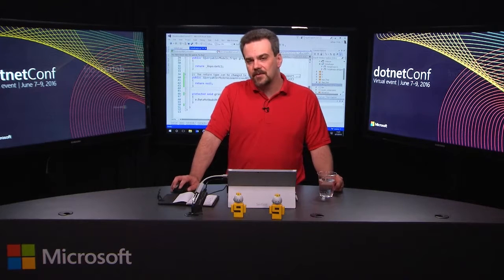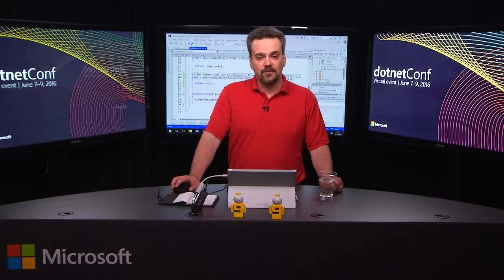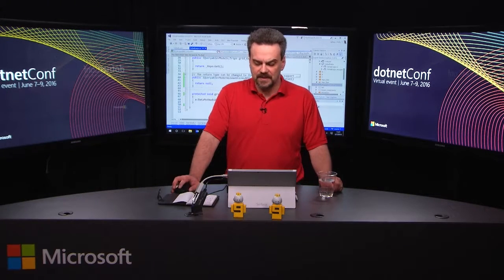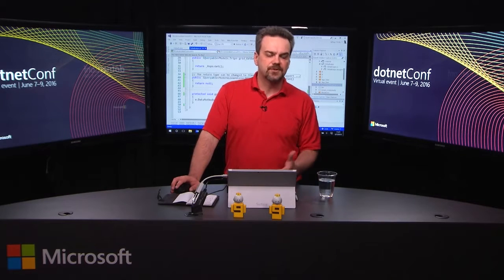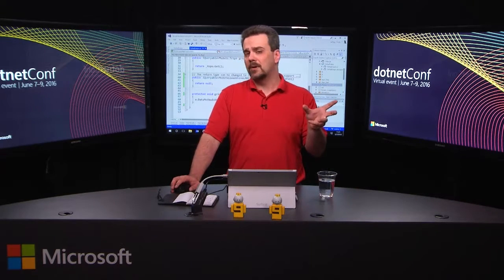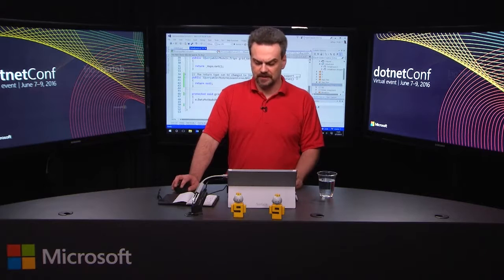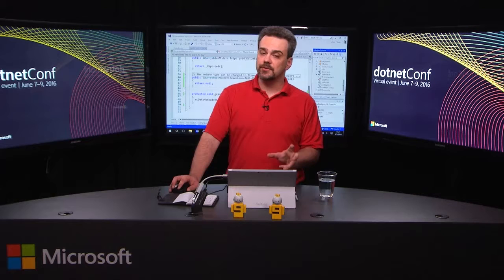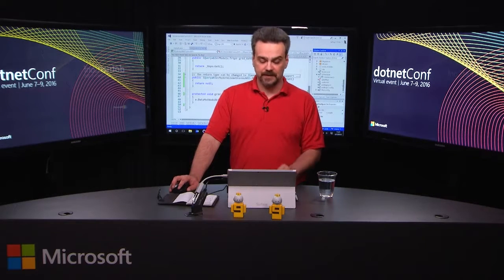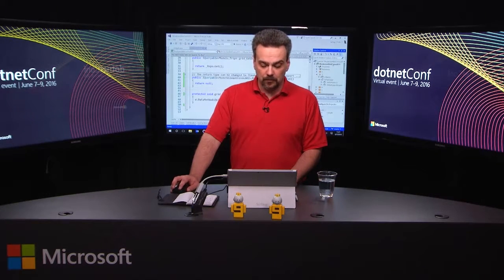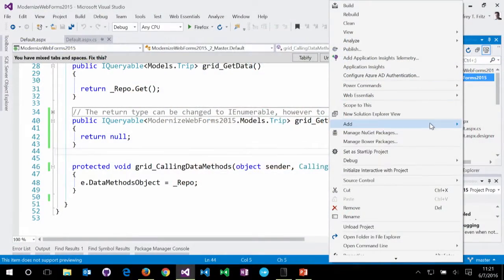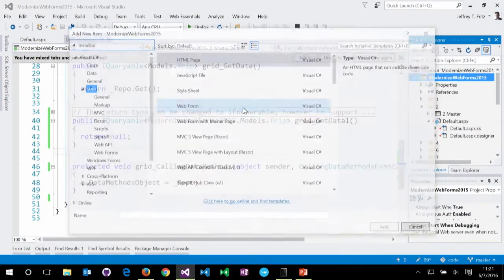Now, Bower is another package manager that's available out there for JavaScript, CSS, and font and other static components that will bring features down from an endpoint out there at bower.io. This is a website that our friends at Twitter put together, and they've since donated it as an open source project. And you can start to use these features with your web projects, and Visual Studio has great tooling for Bower built in. So I can add Bower capabilities into my project by starting off and saying Add New Item,